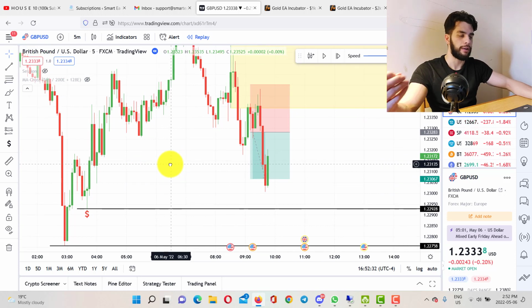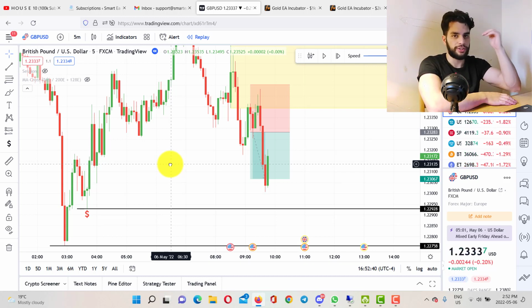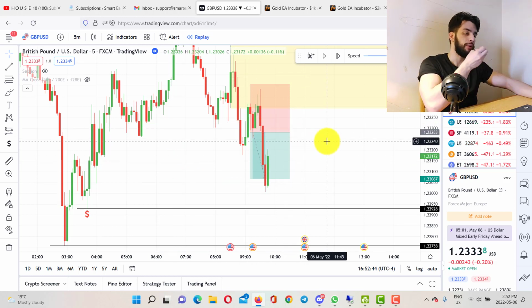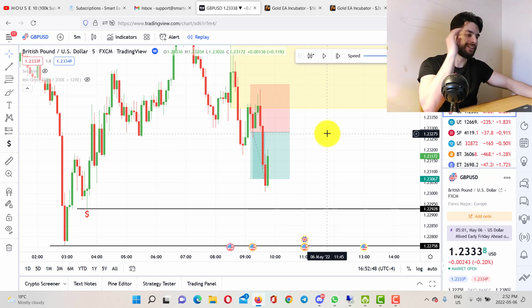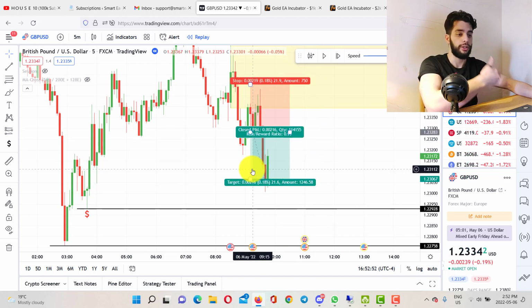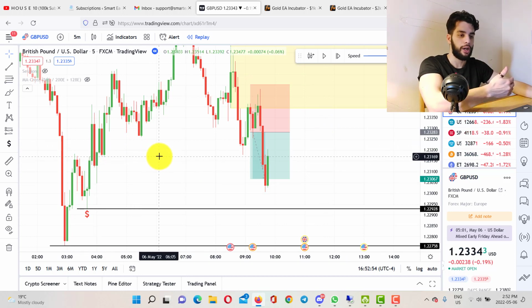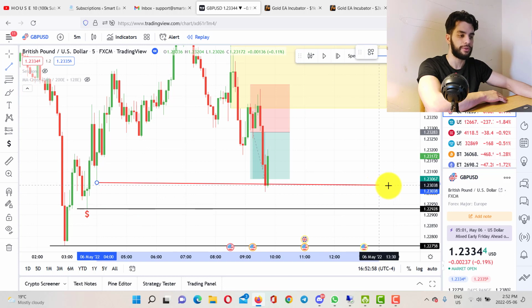So our purpose, our goal for each trade should be exiting them at the closest support or resistance level. For example, when you take a sell position here, where you close it is very, very important. It should be either the next high probability demand zone or the next support level, which in this case, since we didn't have any high probability demand zone, I closed it right here because this is the nearest support level